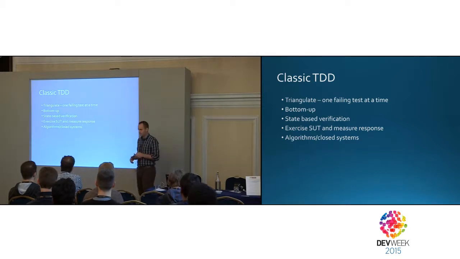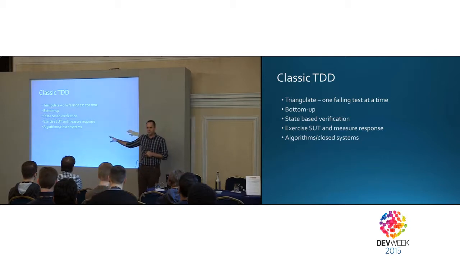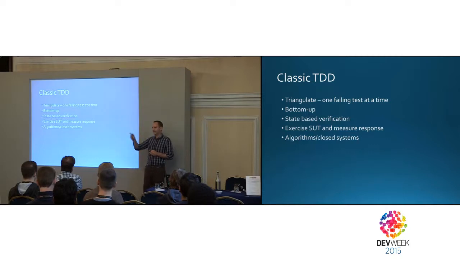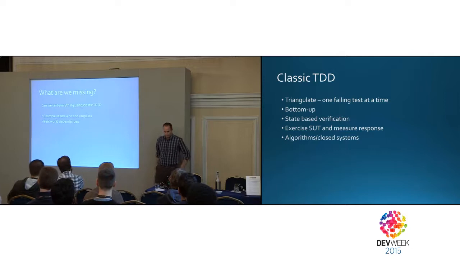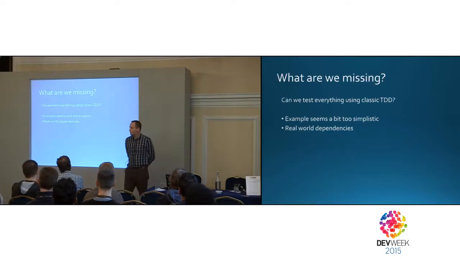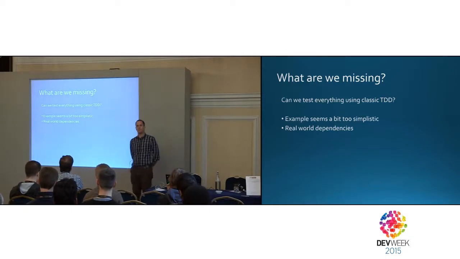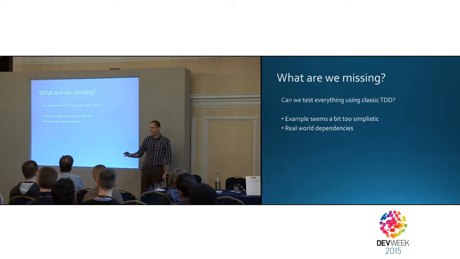Unfortunately, that's not enough. Some programs don't do that. And usually, teaching TDD, that's what we teach. And then people go to work, and find out that the code is much more difficult than a simple thing that gets 2 inputs and puts 1 output back. The examples seem very simplistic. I don't expect you to buy into TDD by seeing the Roman numeral example. It's too simple. Your code, hopefully, does much more difficult things.